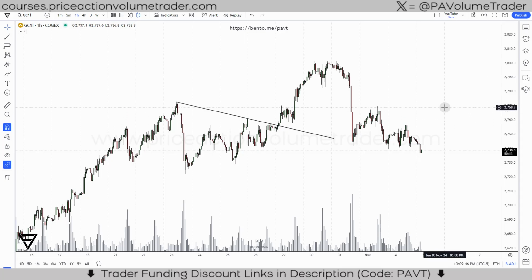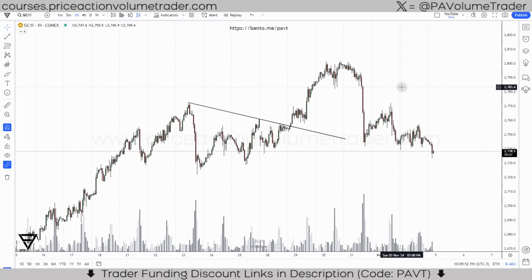Here's an example in the gold futures market on the 1 hour time frame as well. So this can be applied again on all time frames for swing trades, day trading. You can see this was a new all-time high that we had made last month. Then we come back, we close the day up here, gap down, then we come back, and then look, all this accumulation here